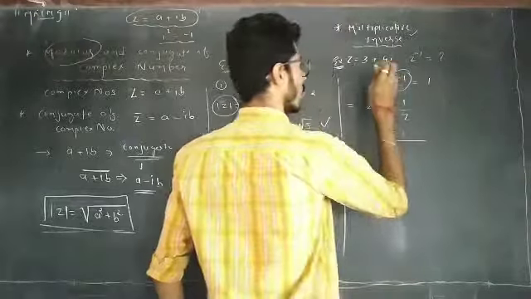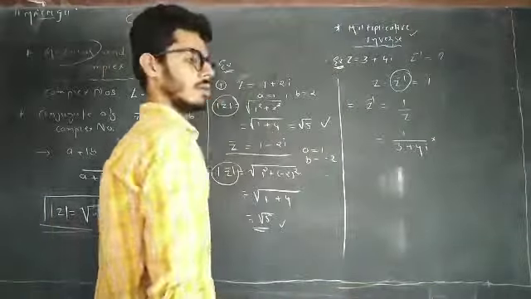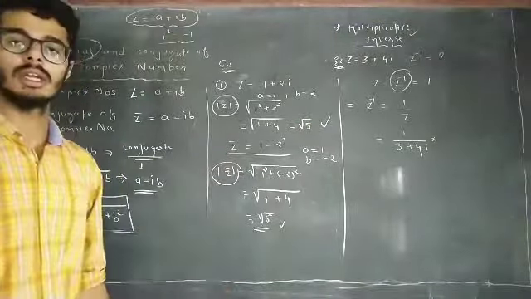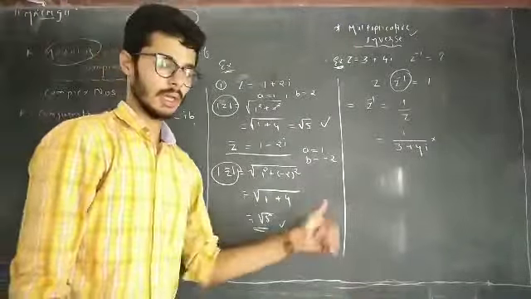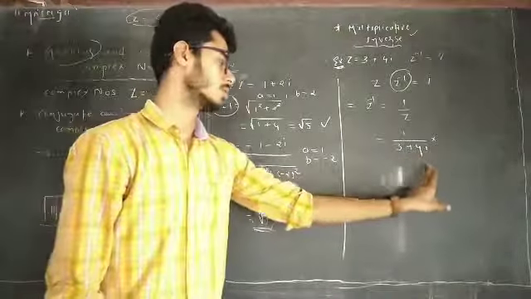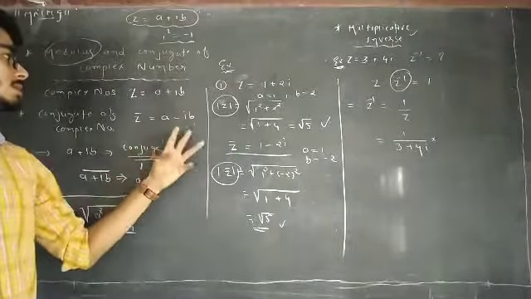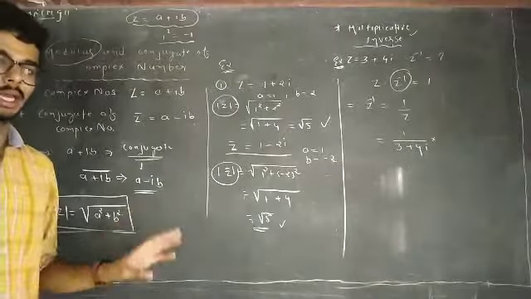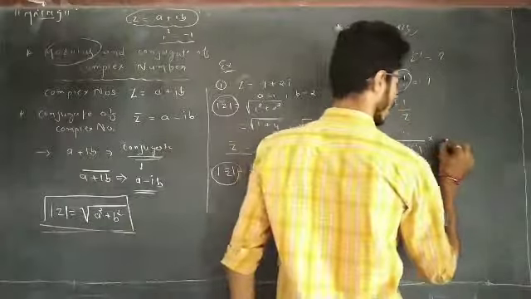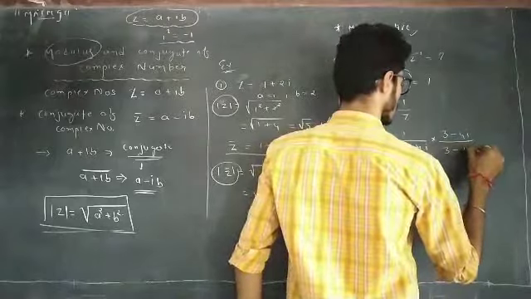The value of z is equal to 3 plus 4i. As we know, a term having i should not exist in the denominator, so we have to rationalize. Rationalizing is nothing but multiplying by the conjugate. See over here, if we have plus, we have to take the conjugate: for a plus ib, we take a minus ib. If there is a minus ib, we take a plus ib. So for 3 plus 4i, over here we have to take 3 minus 4i.